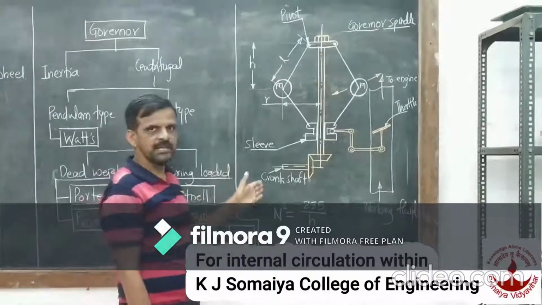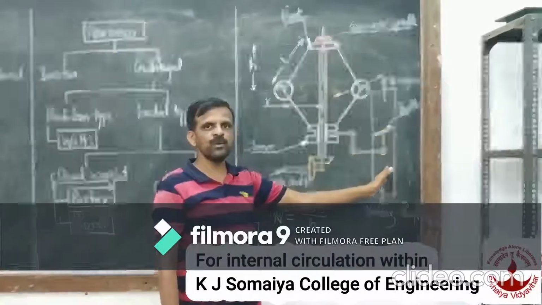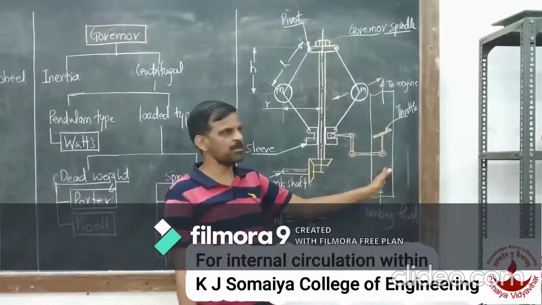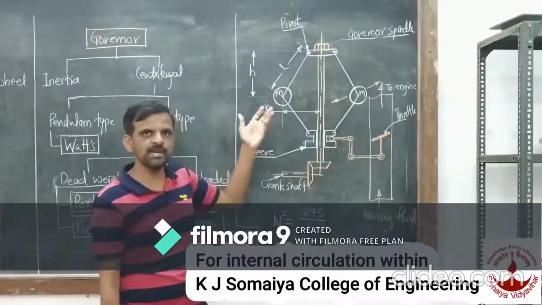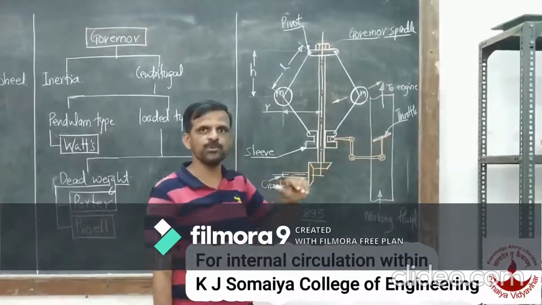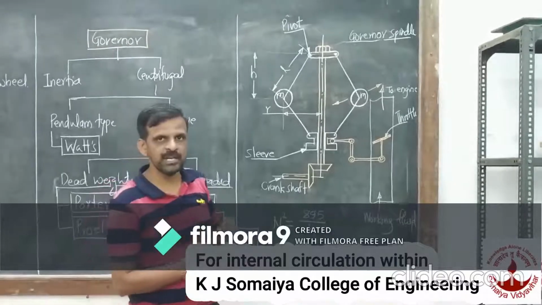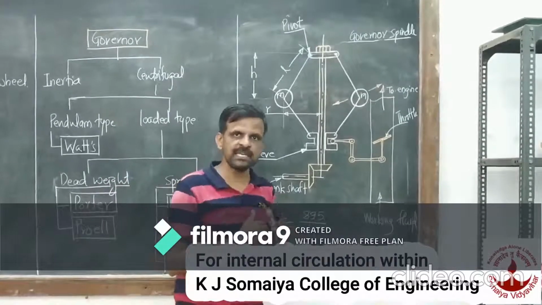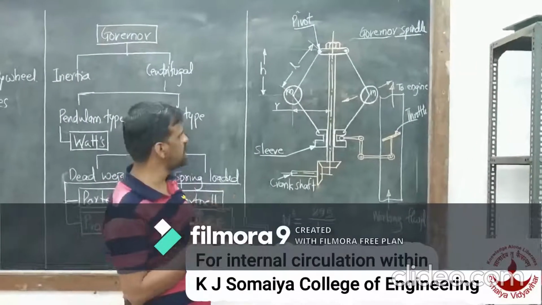When the speed of the engine decreases below the minimum value, obviously the throttle will be opened more so that more fuel will be supplied. Whereas when the speed of the engine increases beyond the maximum value, the throttle will restrict the amount of fuel supplied to the engine, and in turn the speed of the engine will remain within the working range of the IC engine, from the minimum allowable value to the maximum allowable value.